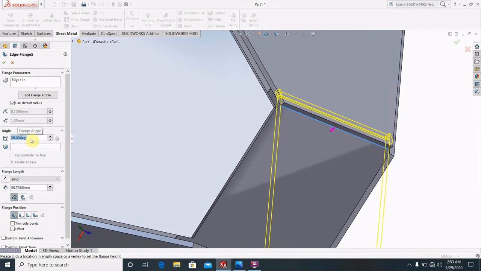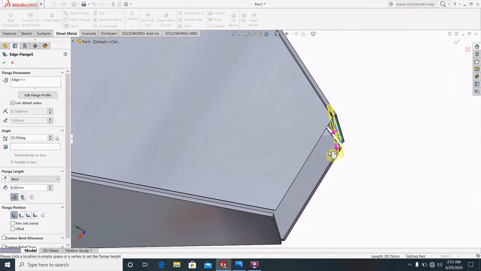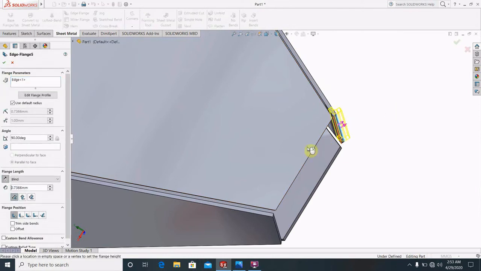Okay. No. So this is making the inner boundary. Okay. Just if you make the edge flange and select the outer boundary, then if you make the 25 degrees, this is okay.